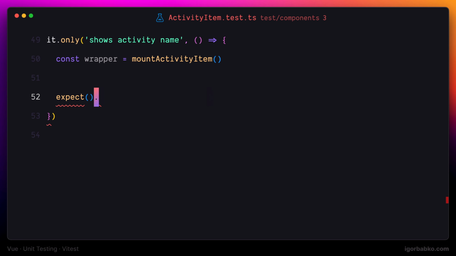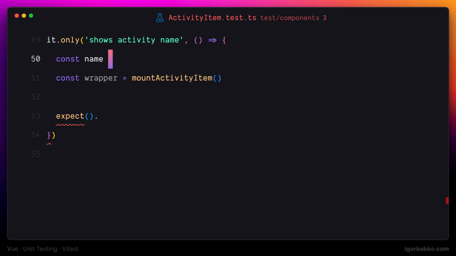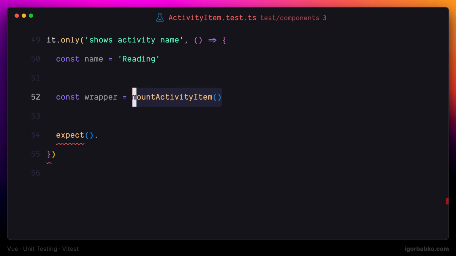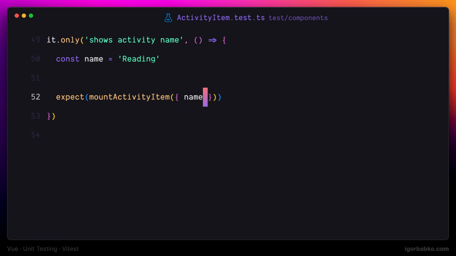And then I'm going to declare the constant, which is going to store activity name. And then let's also combine the second and the third parts of this test. So we're going to mount activity item component and at the same time write an expectation where we're going to check that the content of this component is going to contain